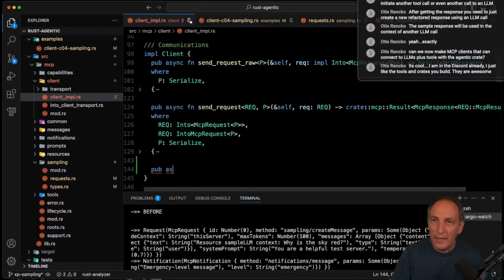So we could just say, hey, what about async fn send response? Yeah, that could be. And we're going to do row right now because I don't know. Well, we'll see. But the trick here is to say, if we do that, well, we can do that. But the problem of that is that then in the case,